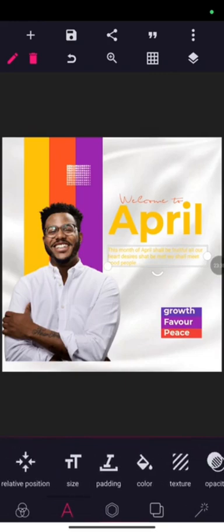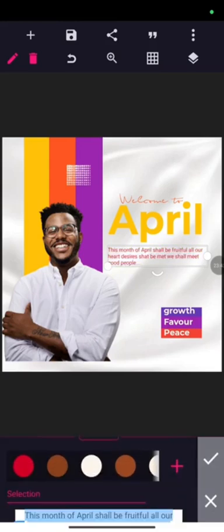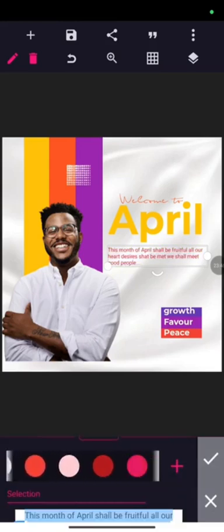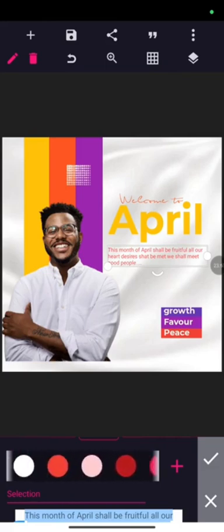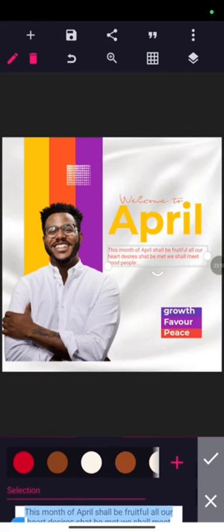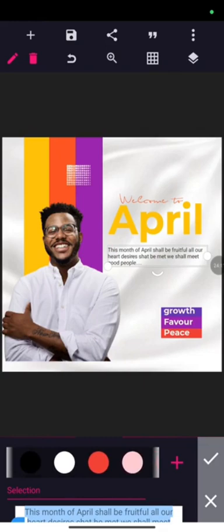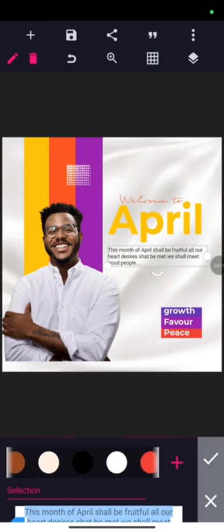So let me change it to this orange here and see. See black. Okay, so black is actually visible, but then I don't want too many colors, so